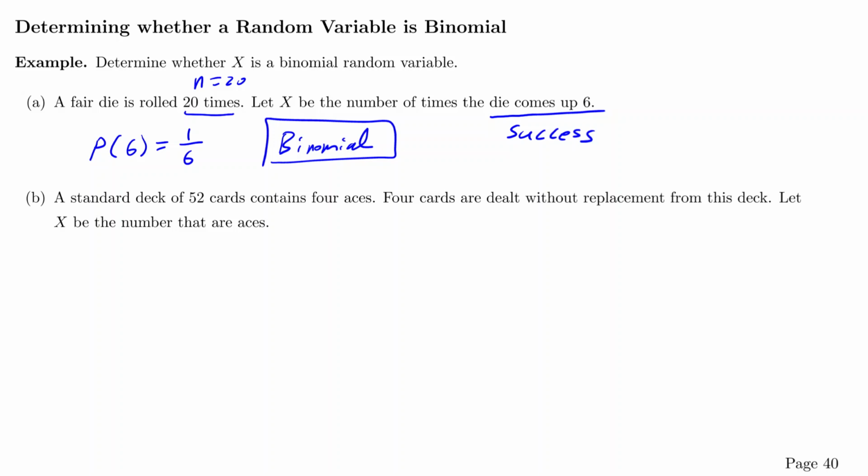How about scenario B? A standard deck of 52 cards contains 4 aces. 4 cards are dealt without replacement from the deck. Let x be the number of aces. Without replacement means we do not put the card back. Once I select the first card, I do not put it back for the second card. So the first